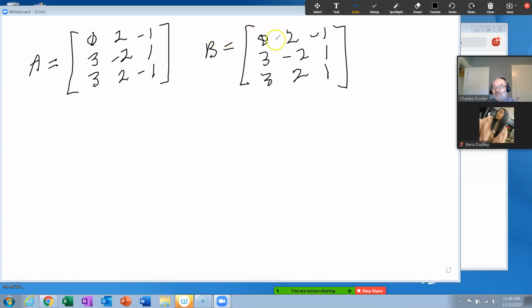Whereas in this one, neither the rows nor the columns are multiples of each other. That still doesn't guarantee that it has an inverse, but this other one, you know, doesn't have an inverse because this column is a multiple of that column. This one has no such column or row, so it would be more likely to have an inverse than the other. So that leads to theorem